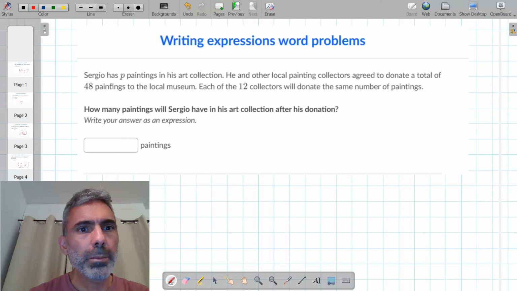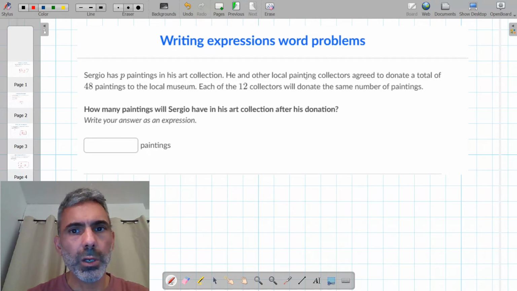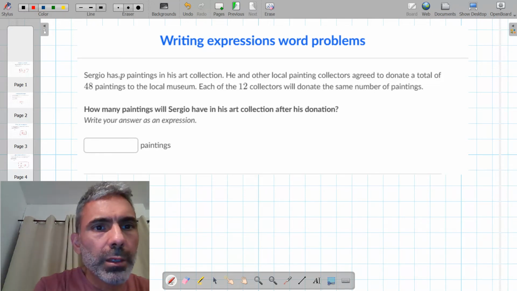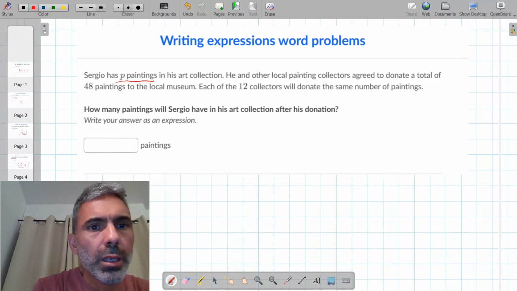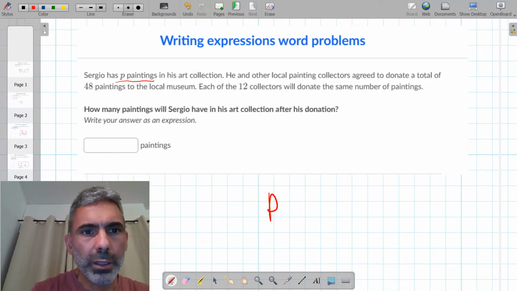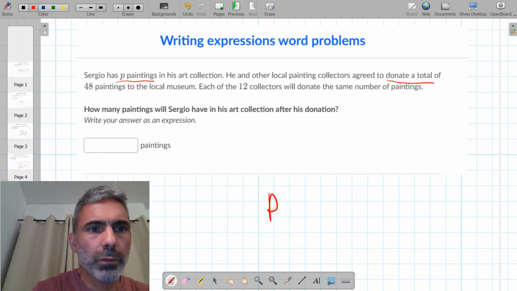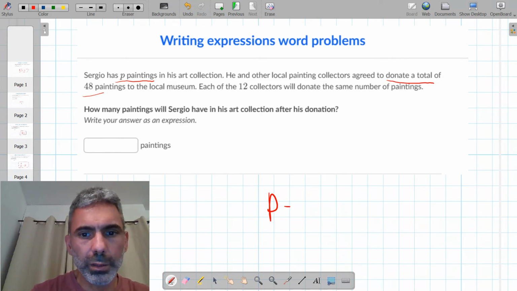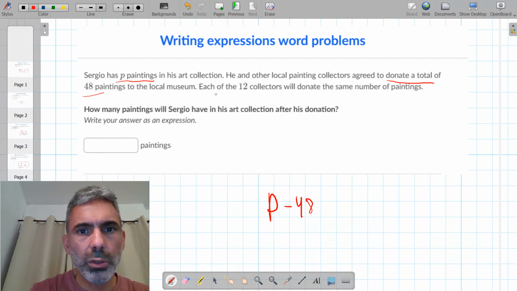Sergio has P paintings in his art collection. He and other local painting collectors agreed to donate a total of 48 paintings. So P is the number of paintings in his art collection. Then he donates a total of 48 paintings, so P minus 48 is the number of paintings he has after the donation. Each of the 12,